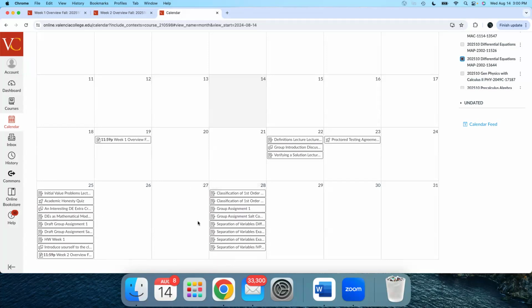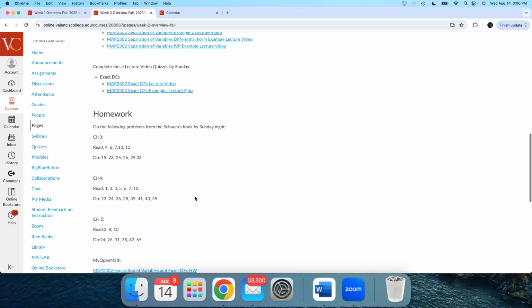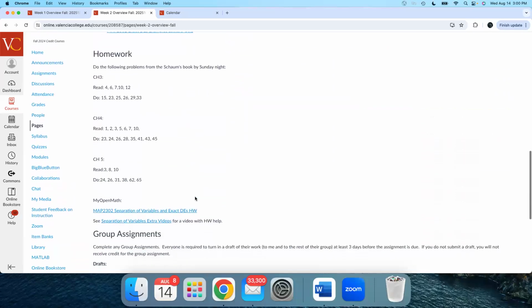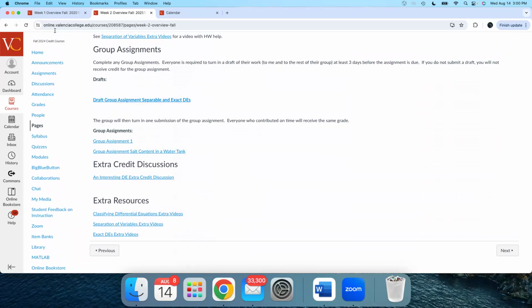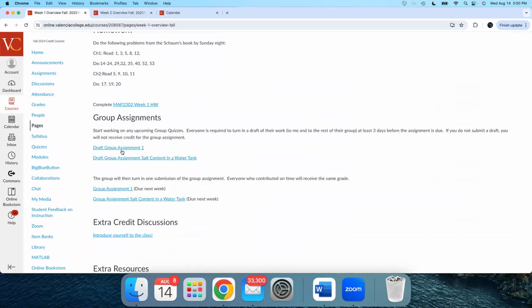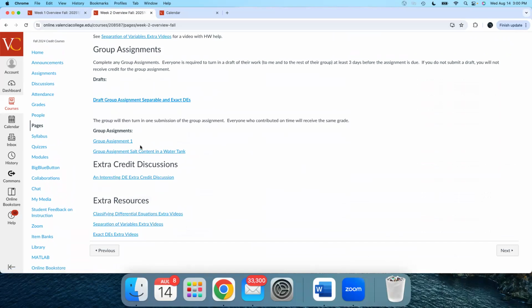So you've got 3 days, you've looked at everybody's drafts, you've come to the conclusion, hey, Bob, your draft was perfect. Now you're going to submit that over here in the actual group assignment. And you'll see that that is here in the week 2 overview. So we did the draft in week 1. These are due by Sunday. Then in week 2, we turn in the actual group assignment. And you just turn in one per group.